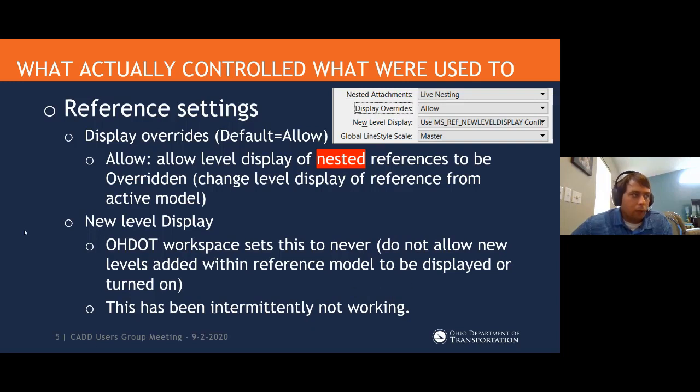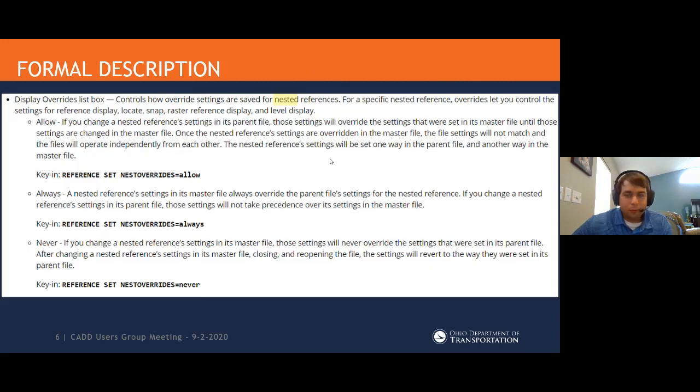So when you're not using name boundaries, this is really what you're going to get, the way you're used to getting it. There's a formal description that I pulled right out of the help manual, which everyone loves to read, for a more detailed explanation of how these things work. We had it set to allow, and you'll see that we're starting to use never, and I'll explain more as we get into it.